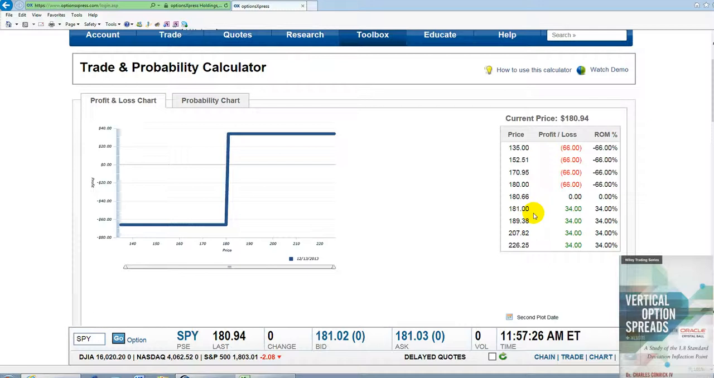Now, obviously, it's a lot better. I can make $34 on a $100 risk. Actually, you don't have a $100 risk. You have a $66 maximum risk with a $34 gain. So almost 66 to 33, two-thirds to one-third. So if you really believe,